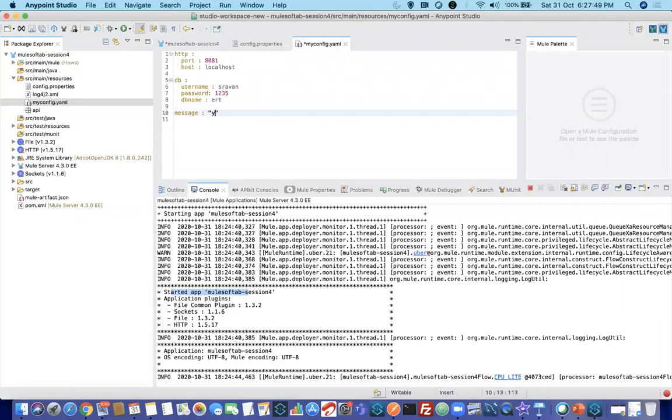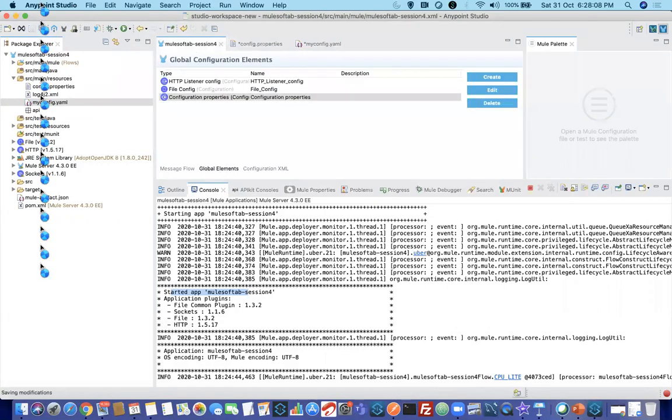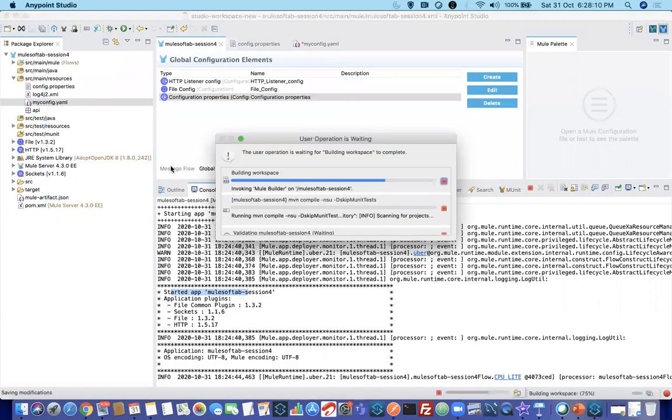Okay, you are using YAML file. Okay, here let me keep message as you are using properties file. Now I'll go and save it and see what it is printing.